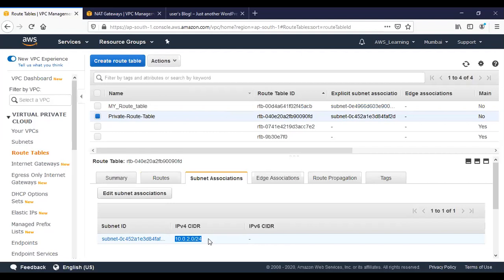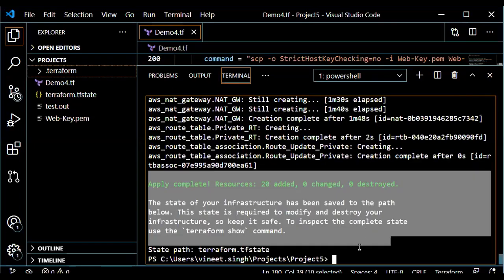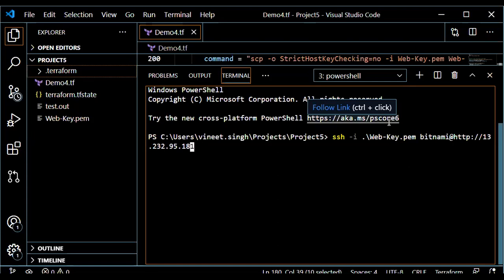So now let's go ahead and try to log into our DB server. Let's copy the IP address first. So ssh space -i, then the key name and username, and the IP address.